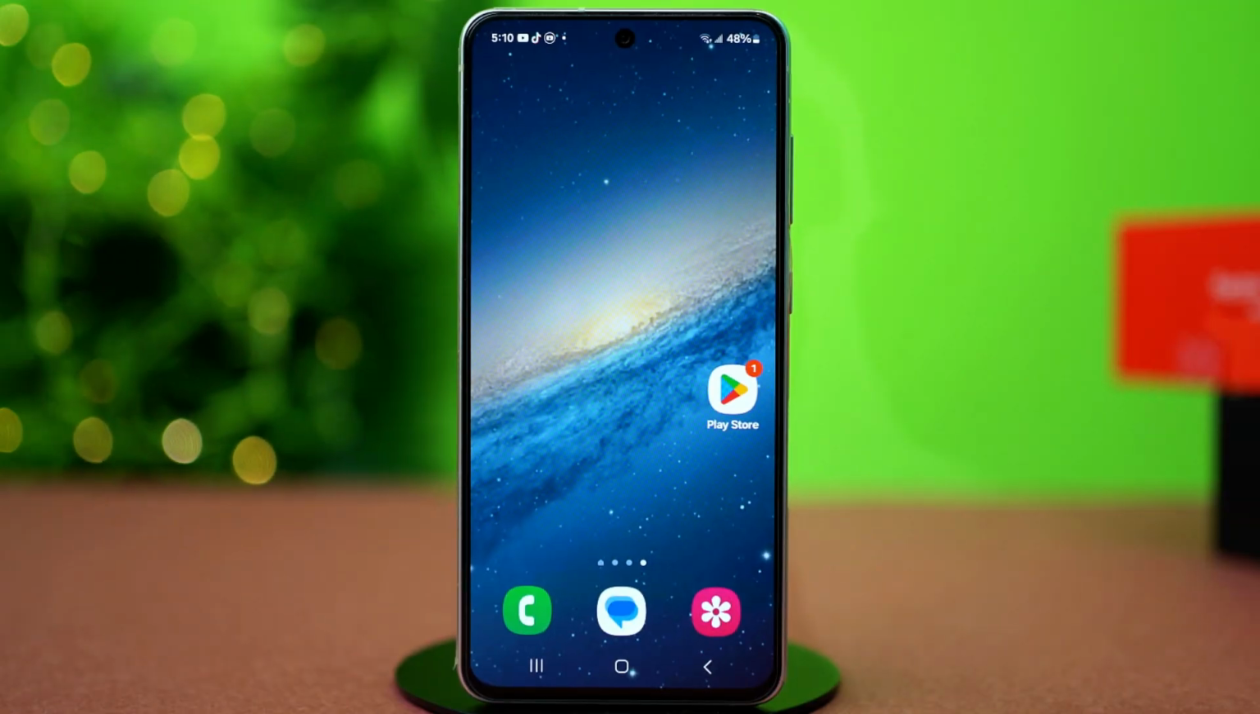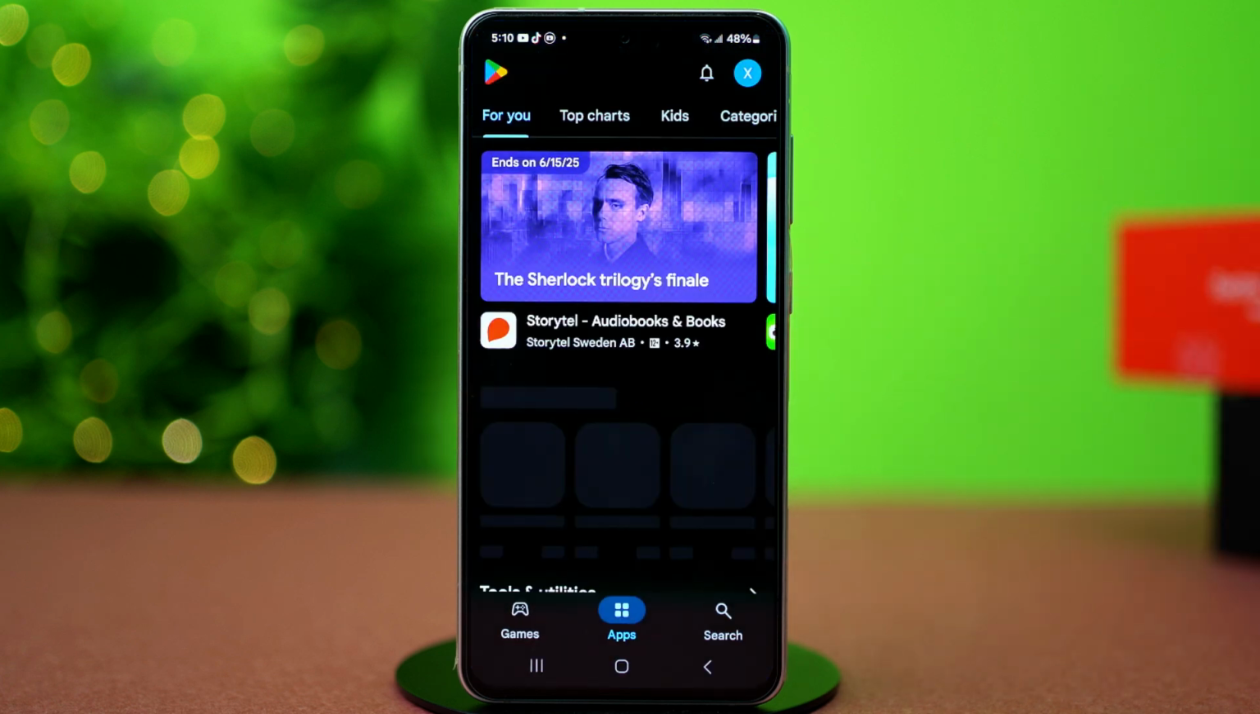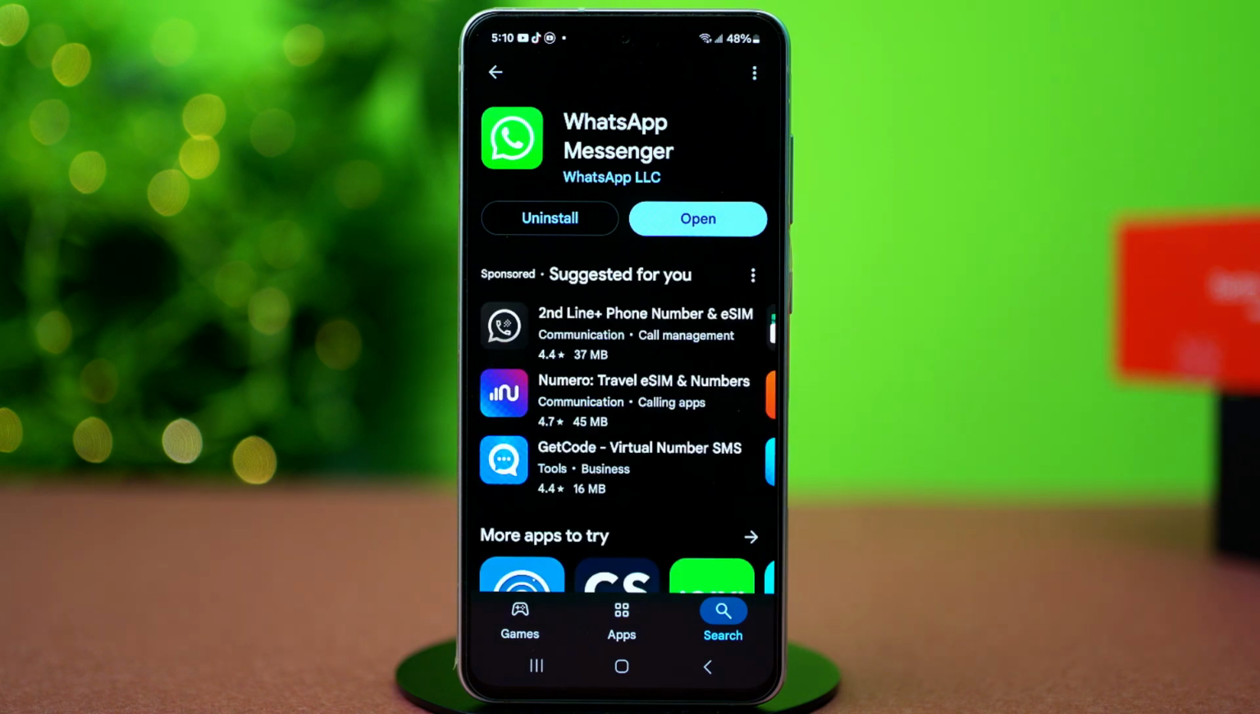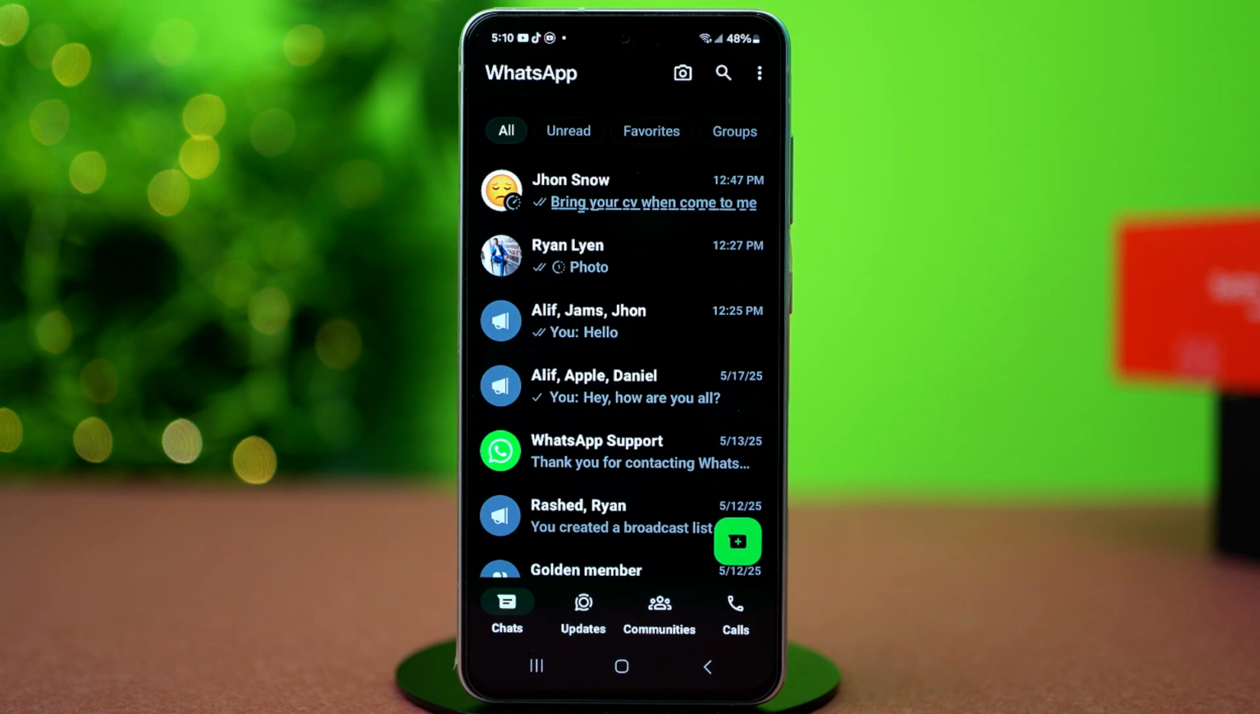Let's dive in. So make sure to install the latest WhatsApp version for this. Older app versions do not have this feature. So once you make sure of that, open your WhatsApp, then go to the chat where you want to send